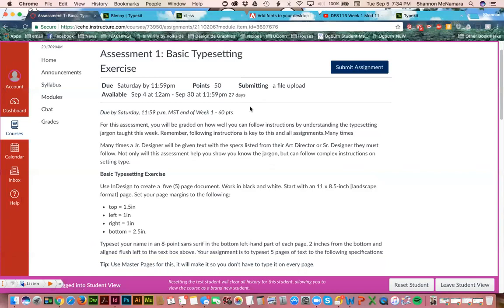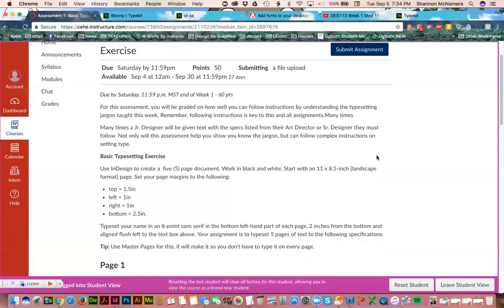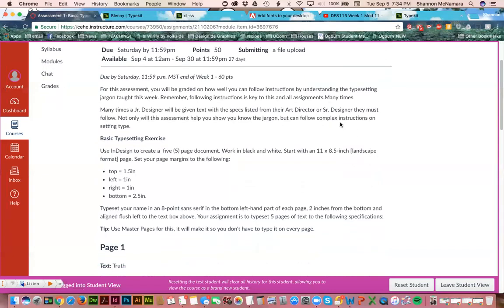By understanding the typesetting jargon that is taught this week. Remember, following instructions is key to this and all assignments. Many times, a junior designer will be given text with the specs listed from their art director or senior designer that they must follow. Not only will this assessment help you show that you know the jargon, but that you can follow complex instructions